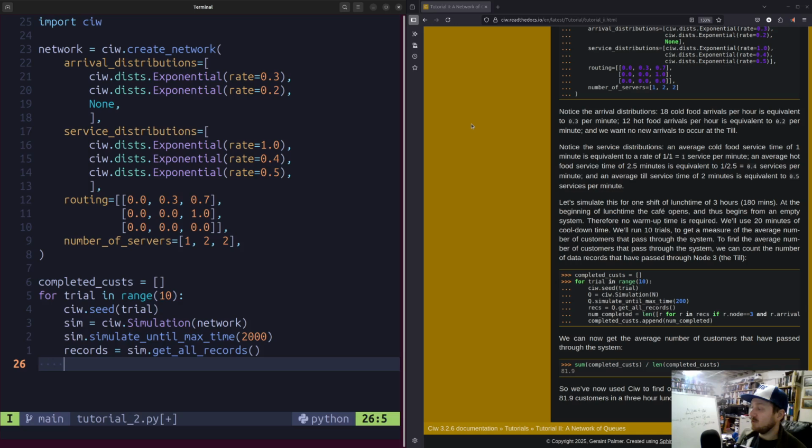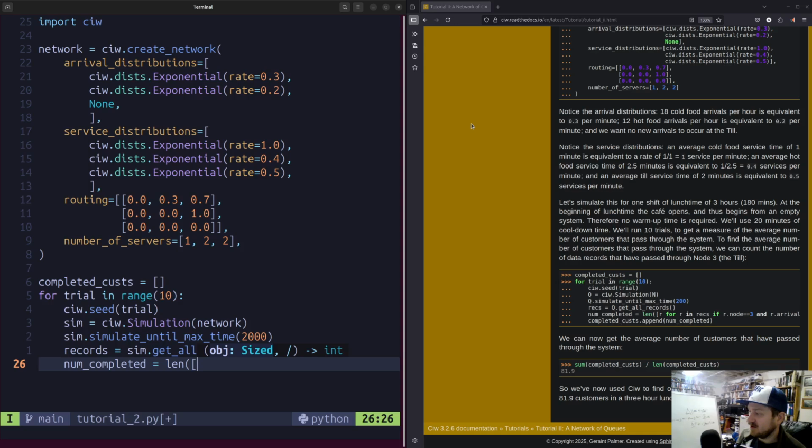And then we are going to want to know what the number of completed services are specifically at node 3, because that's really the only place it counts to say that they were completely served. In some sense, you can think of the whole cafe as a service where people come into and out of that system. That could have been a single node system, but this system has internal structure we want to explicitly model, and it's really where they leave this system that we count it. So number completed